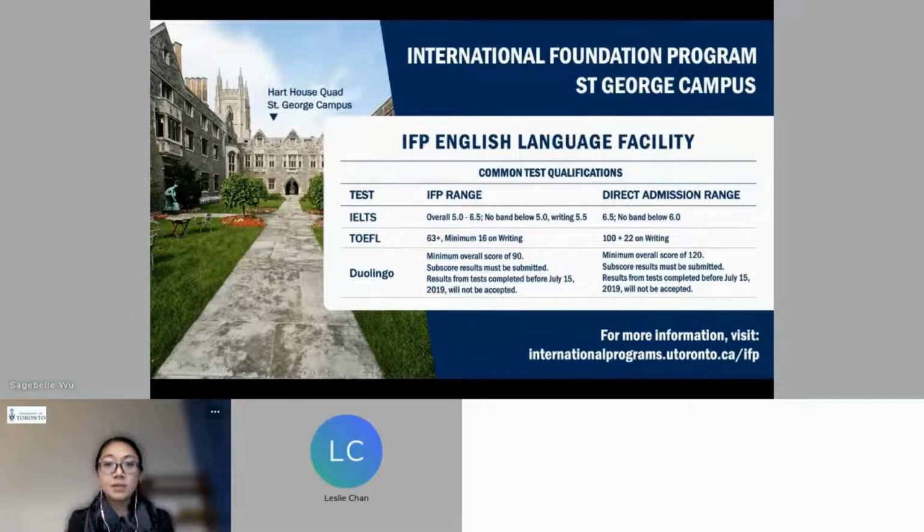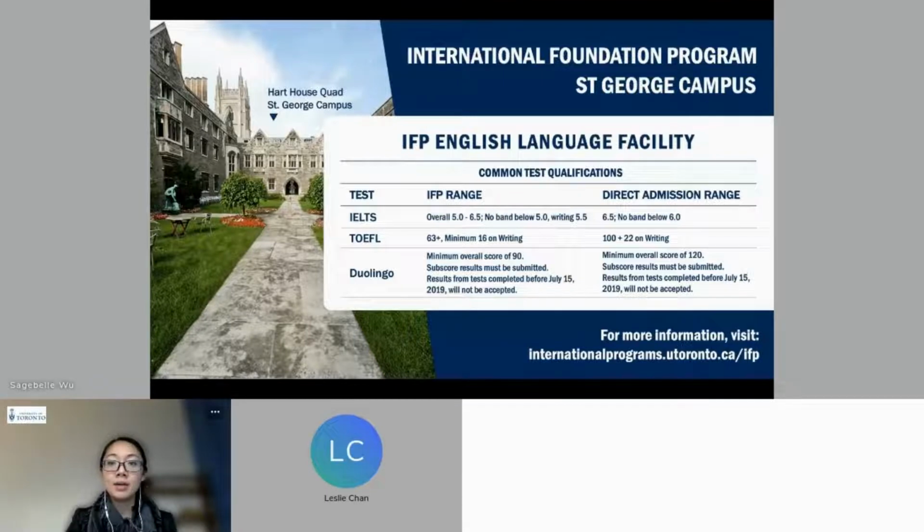So you can see from this table right here, the language bracket is slightly lower, and students that apply for the IFP and get into the IFP will receive a conditional offer to the University of Toronto if they meet all other criteria. They'll have to do a little bit extra study time at the university, either an extra 2 months during the summer or an extra year at university, and satisfy those requirements before they can continue their studies at the University of Toronto. You can check out more information on this website here,